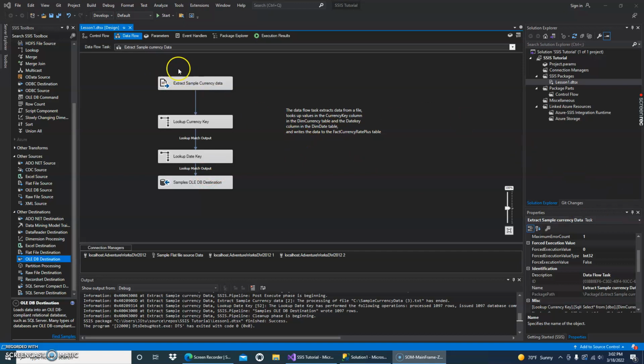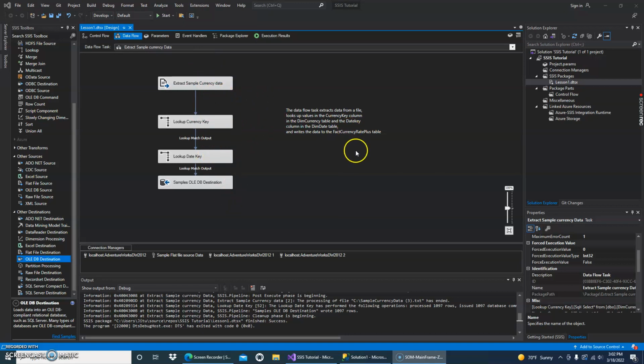On the first, when I built this, the package was using SSIS, created a change according to lesson one, like the tutorial, and the connection also, the file manager and all the menus, everything was according to the tutorial's scan. And this is all the data flow. Every step was